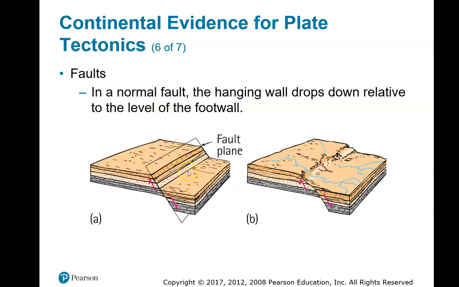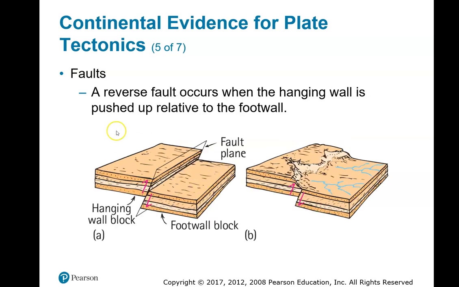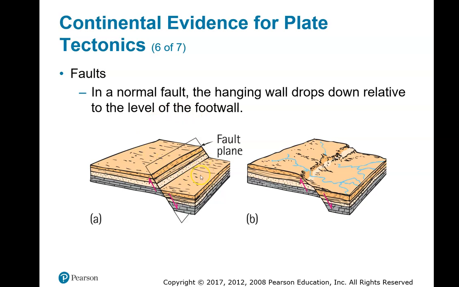Here's the hanging wall. Let's go back to this picture. In this particular case, the hanging wall is the wall on the right hand side. If that rises, and of course the footwall is falling, but what I always remember is that whatever the hanging wall is doing is what's important. So if the hanging wall is rising, that's a reverse fault, which is kind of a weird way to think of it. But then if the hanging wall is falling,